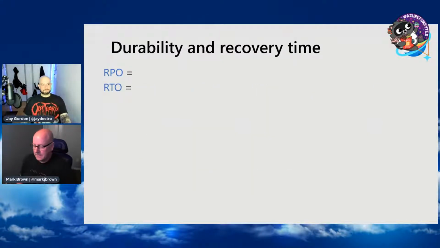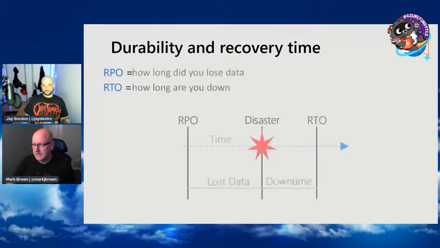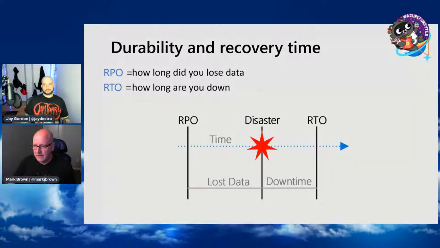Yep. So the last thing I wanted to say about consistency and CAP theorem and all that stuff is that this trade-off between availability and consistency is actually translated into two common terms you see, which is RPO and RTO, right? RPO, or recovery point objective, basically says how much data loss can I tolerate, right? And of course, both of these are a function of time, right?